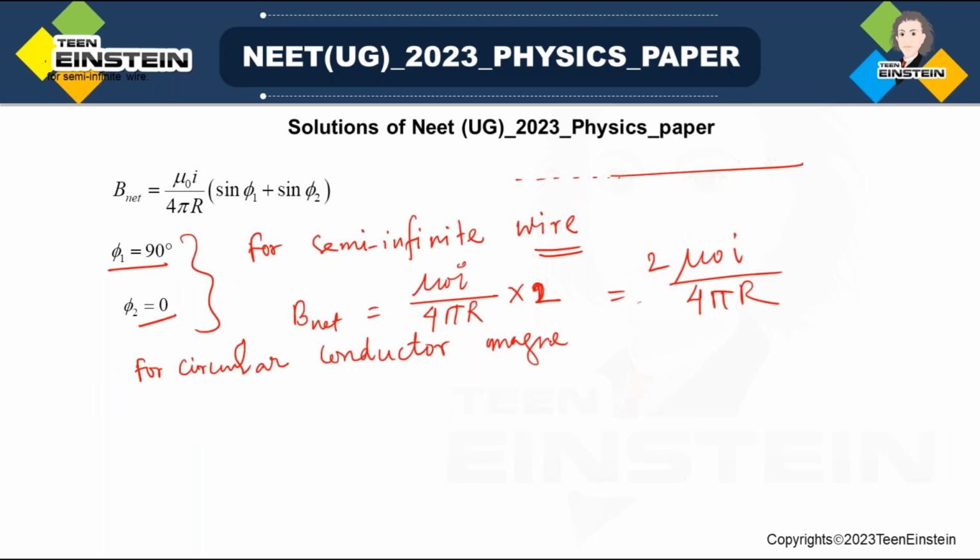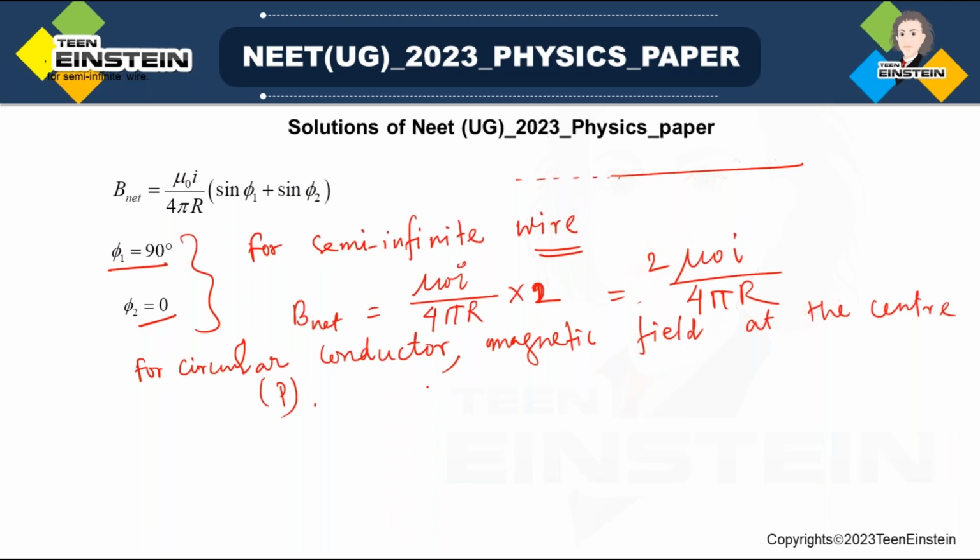So the circular conductor, for the magnetic field at the center, that means the P point is at the center. Okay, so when it is at the center,